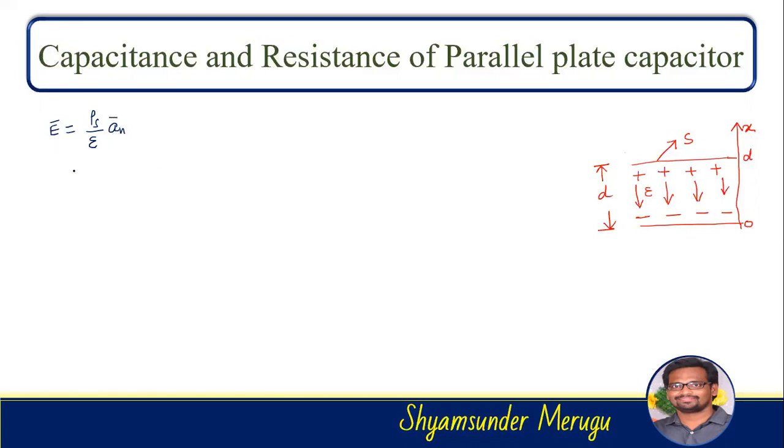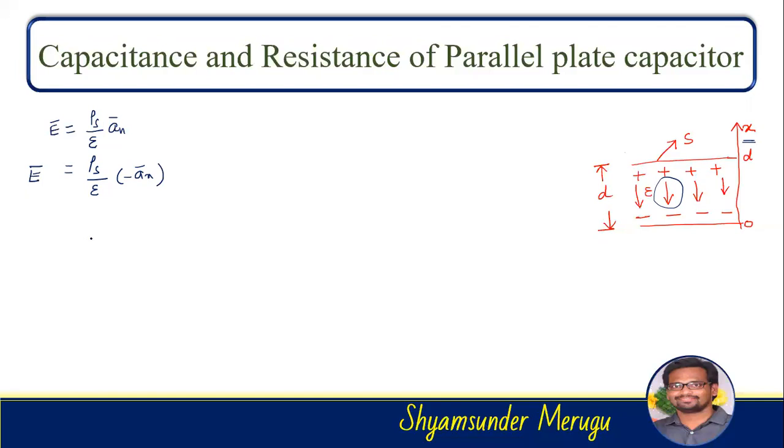Now according to this structure, the electric field lines are generating on plus and terminating on minus. If we look at the direction of the flux lines in the capacitor, they will be in the opposite direction to the positive x-axis. So in that case we take rho s by epsilon, then minus of ax bar. So this is the expression of E bar.